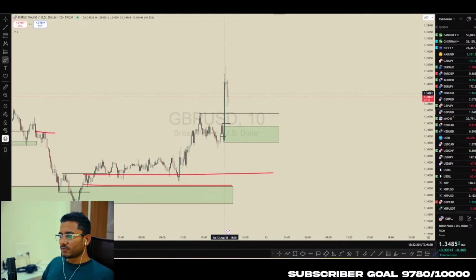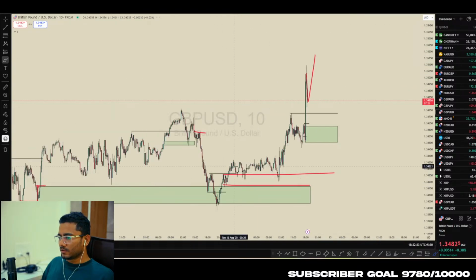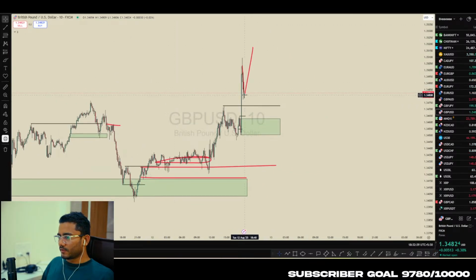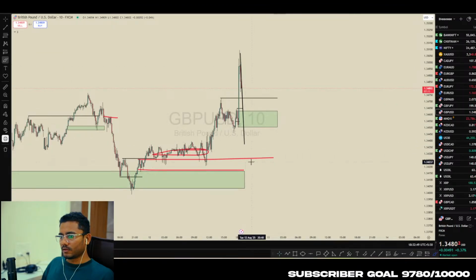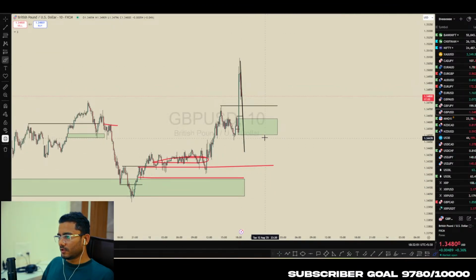And we want price to create more liquidity, something like this. Then only this is valid. Like it doesn't have to break this high, but it should create structure like this, like consolidation. Because what can happen is if price drops from here and then breaks this too quick, then probably it will be an inducement and then it can continue downside. So always wait for price to create more liquidity. Then only this zone will be valid. So this will be our entry.